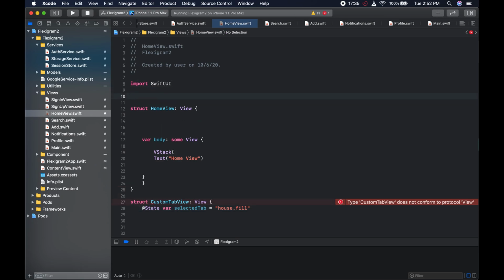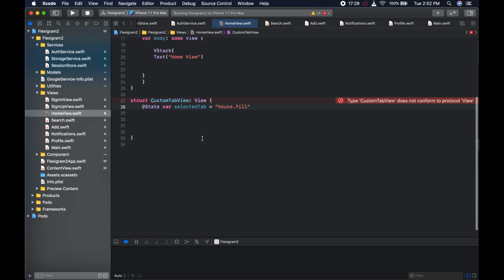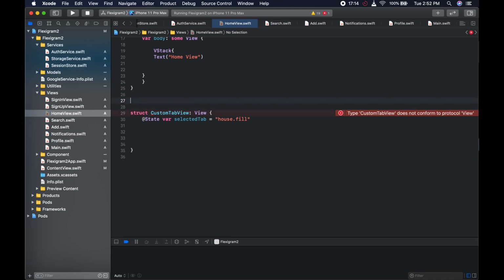And we could create our various tabs that we need here first, so that you can see why the house.fill makes a bit more sense. So let's make it outside the view in question, the custom tab view. For that, we could come down here and say var tabs, and these tabs will be named after the system icons you're going to use, right? So we could say tabs equals, you guessed it, house.fill, like so,